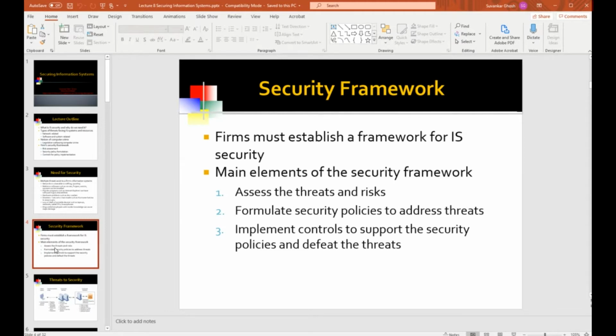Once you've assessed your threats and you have some feeling of who's out to get you and on what, then that rolls into the second stage of defining security policies. The third stage is applying the solutions, and these solutions are also called security controls. So this three-part framework, or your informed plan of action, is first do the threat assessment, then define the security policies as to what you need to protect, and thirdly implement the technologies, the security controls, to protect what you need to protect.